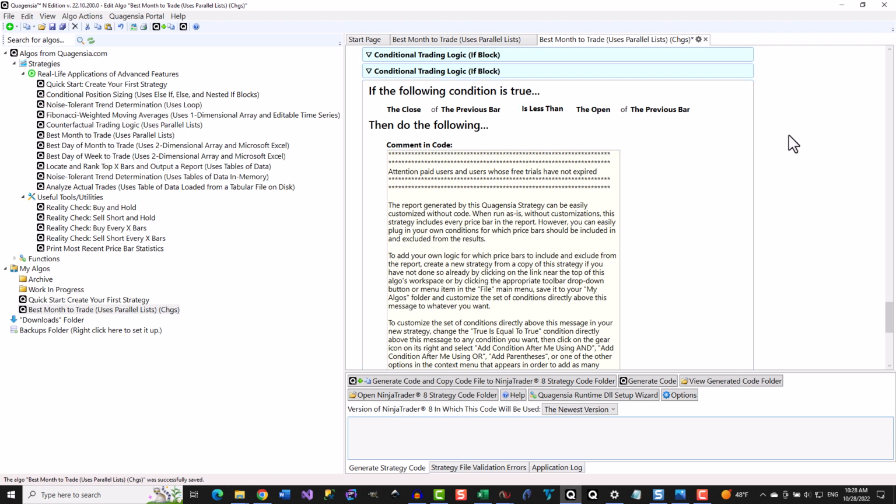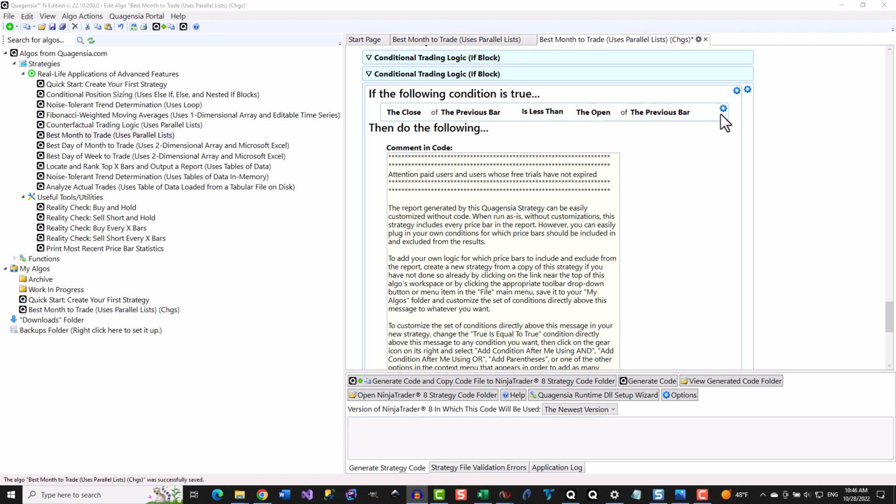If the close price of the September 2022 monthly bar was also below its 12-month simple moving average at the time the September monthly bar closed, you could add another condition like this.